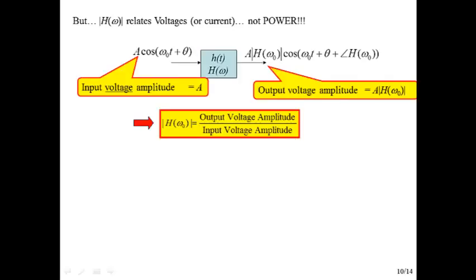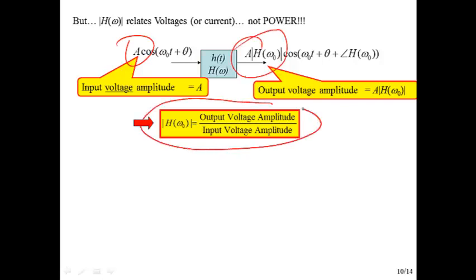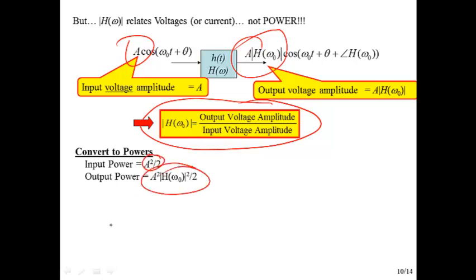So unfortunately, the frequency response relates voltages, not power. So we need to convert these voltages here. We can see that h of omega is a ratio of the output voltage to the input voltage amplitudes. But what we want is power. So we can convert those into powers for each sinusoidal input by taking a squared over 2 is the power of a sinusoid. And then when we take the ratio, those over 2's go away, the a squareds go away, and we're left with just